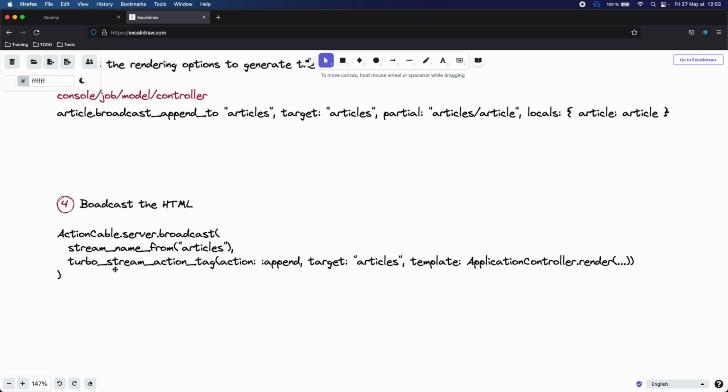And then, in order to build the HTML that we are going to broadcast, we have this TurboStream action tag that we used in the stream tag builder. And thanks to the broadcast append to, we know that the action name will be append. We already have the target, and we have the rendering options that will allow us to render the template that is going to be used. So with all these steps, we should be able to broadcast HTML